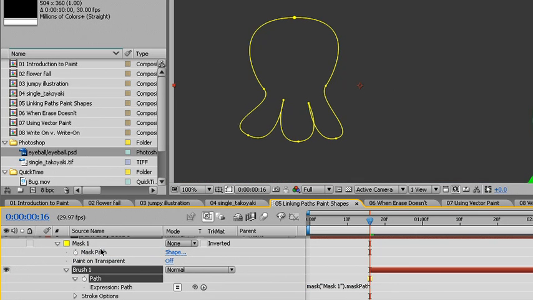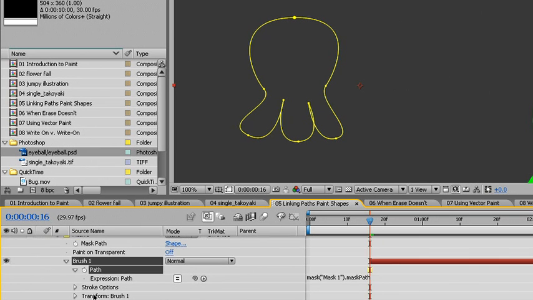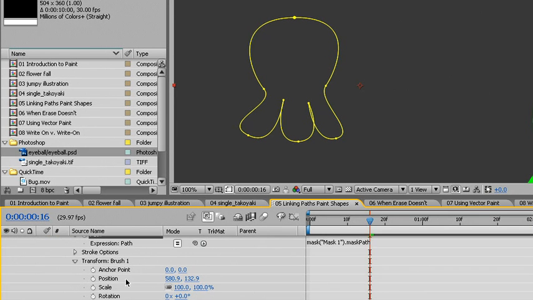Now I can't see all of the brush stroke because it's gone off the frame. What I need to do is offset where that brush stroke occurs. Remember, underneath the brush, I have not only stroke options, but I have the ability to transform the brush. So underneath my brush, I can change its position or change its anchor point. We'll change its position,